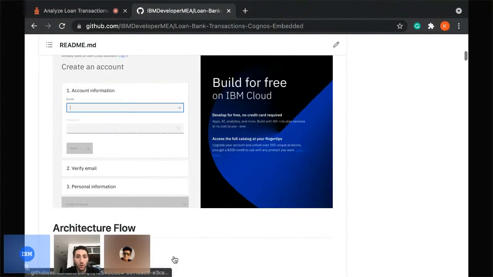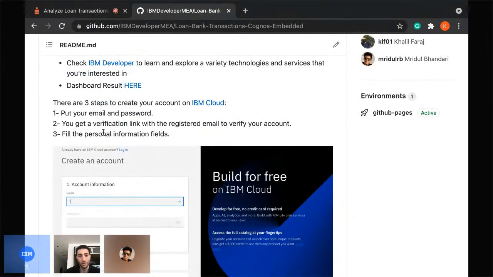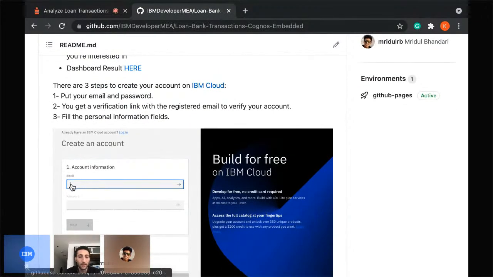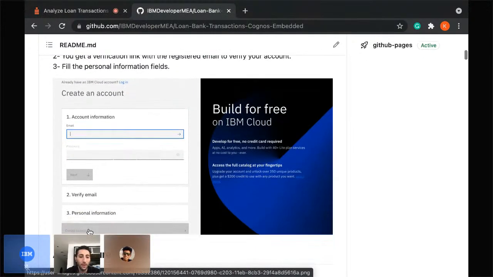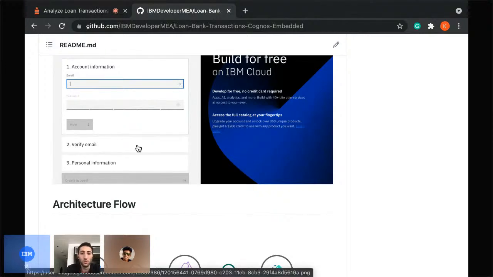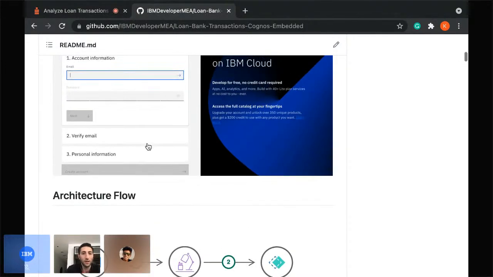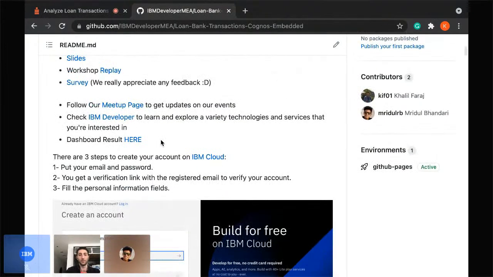So again, I hope you have registered for your IBM Cloud account. It's very simple. The steps are already defined here. You can just click, enter your email and your password, and you will receive a verification link to verify your email. Then there are a couple of questions for personal information to put in, and then you can go to IBM Cloud. So I hope all of you are ready. I'll give a couple of minutes to double check on this, so all of us can start with this